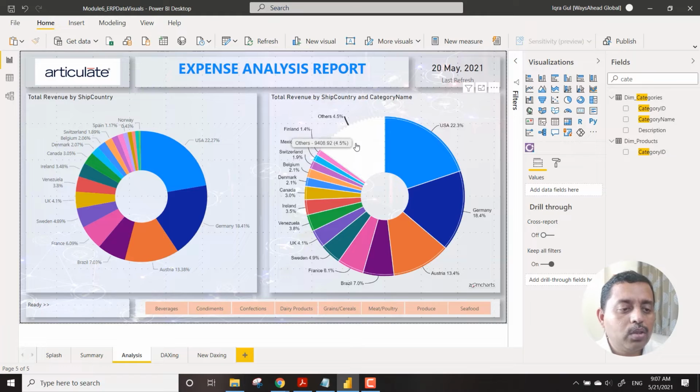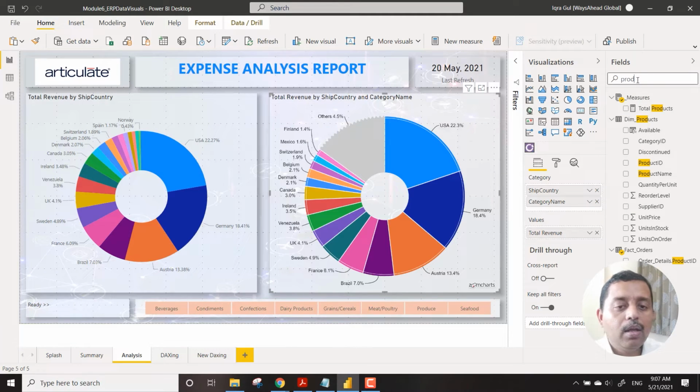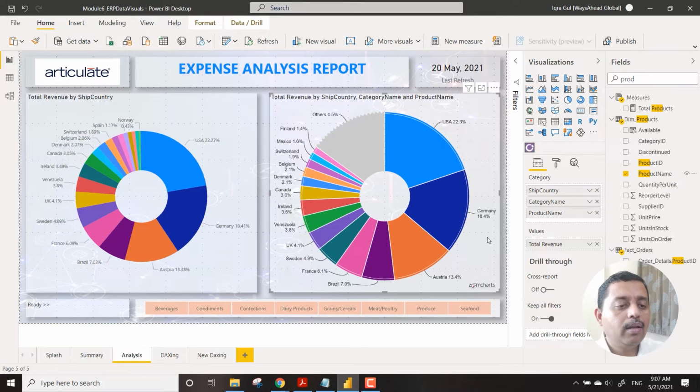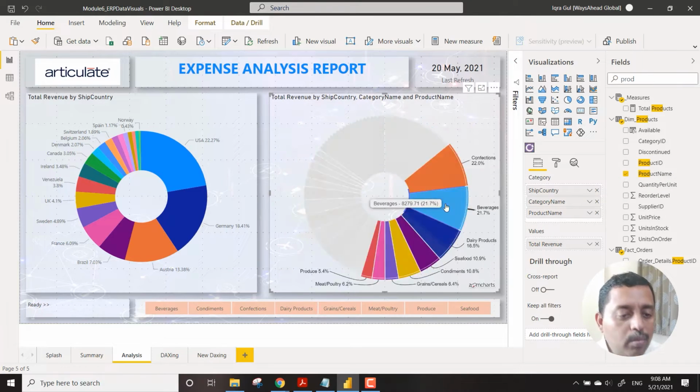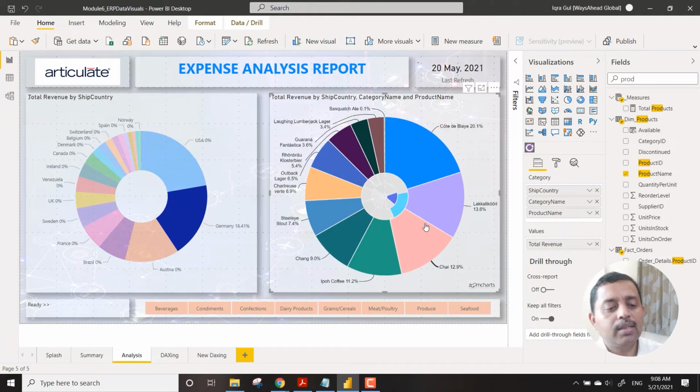So what you can do is you can always have multiple. So suppose this is talking about ship, country and category name. So under category name, you can always go back to the product name also and look at this. So we say Germany. Under Germany, we are going to, let's say, beverages.